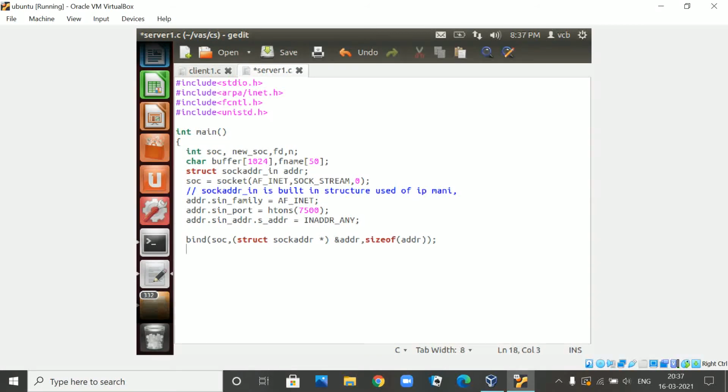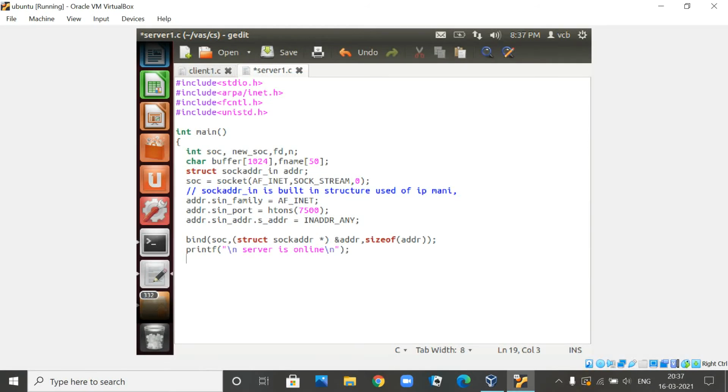So you are going to bind the socket. Once the socket has been bound, that means your server is ready. So we'll say printf, newline, server is online, because you have created and bound it.